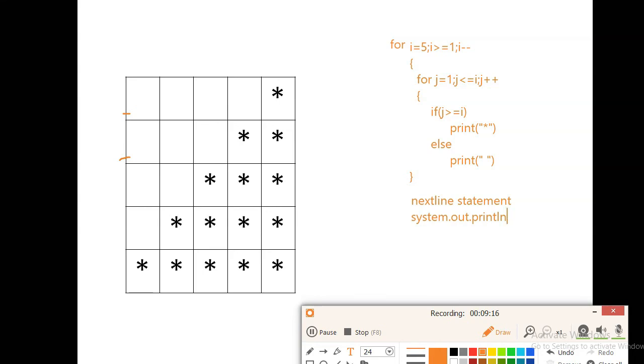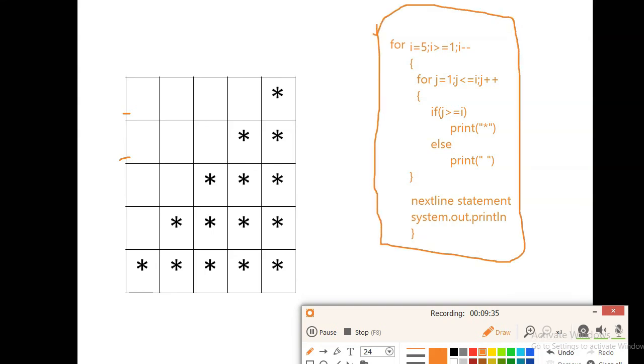Then close the curly bracket. So this is my first logic.